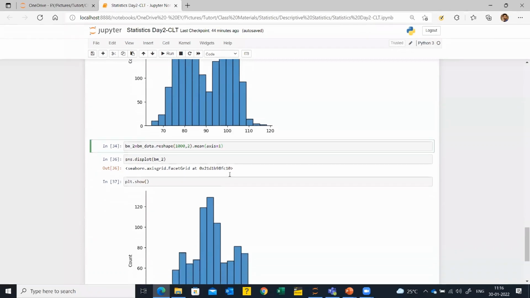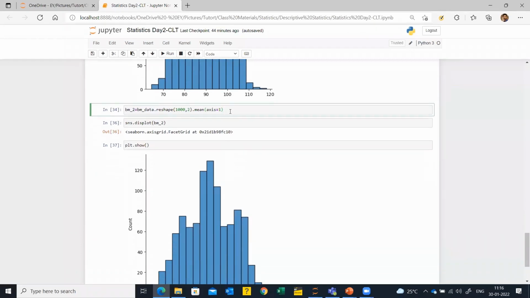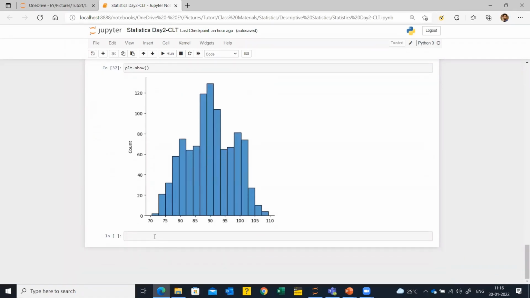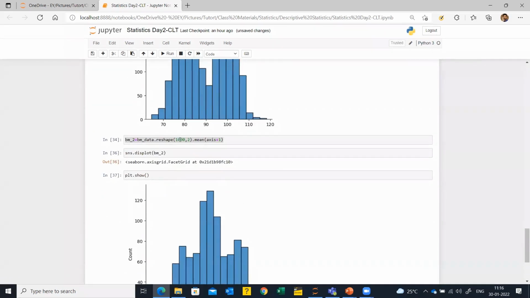Okay, can I increase my sample size just to check? Right, let's explore. I am creating with 4 variables, say for example, 4 samples each time. And for that, I need to change this to how much? 500, because we have 2000 data points in total. So 500 into 4 is 2000. And here also we did 1000 into 2, which is 2000. Okay.